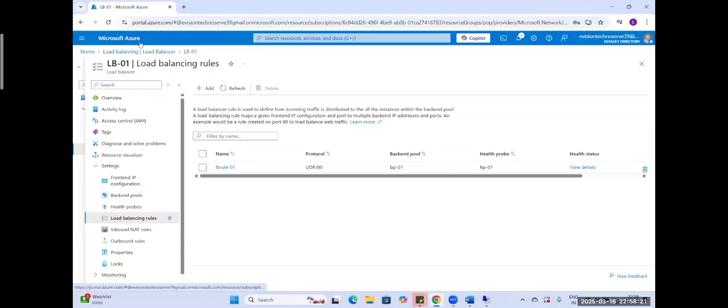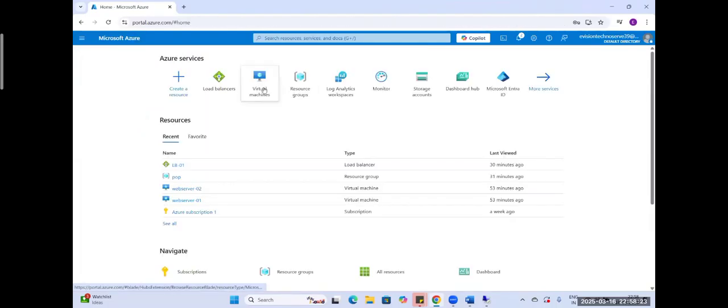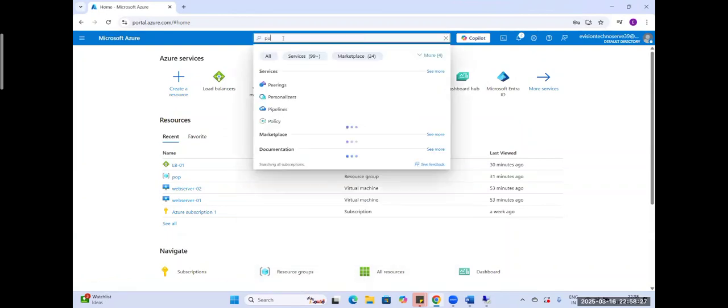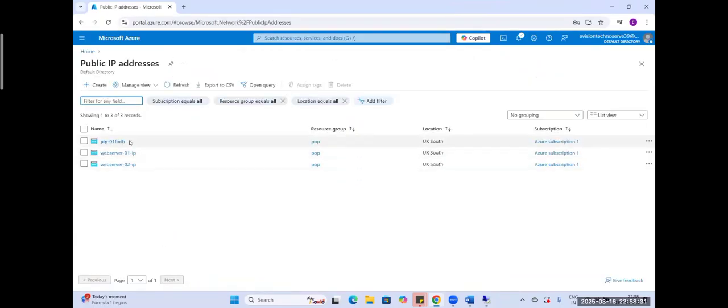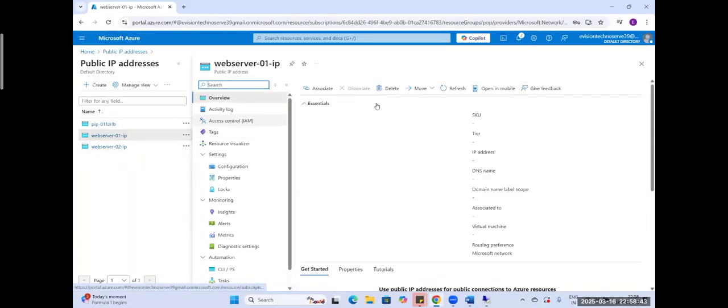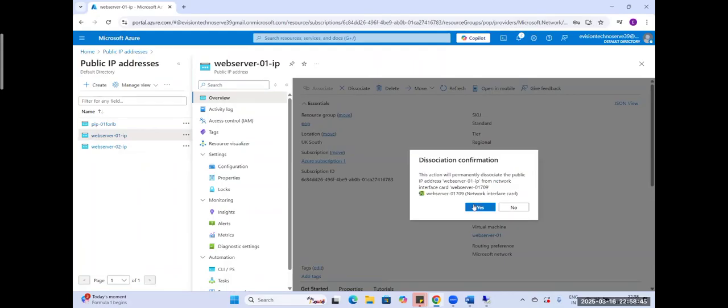Now I don't need the public IP on my servers, क्योंकि public IP तो होते ही नहीं है कंपनी में servers पे। So I will just go to the public IP column and I will remove the public IPs from the server. This is the IP of the load balancer। ये मैंने load balancer के लिए बनाई थी front end। These two are the public IP which is connected to my web server 01 and web server 02। So remove these public IPs, हटा दो। Disassociate, yes,